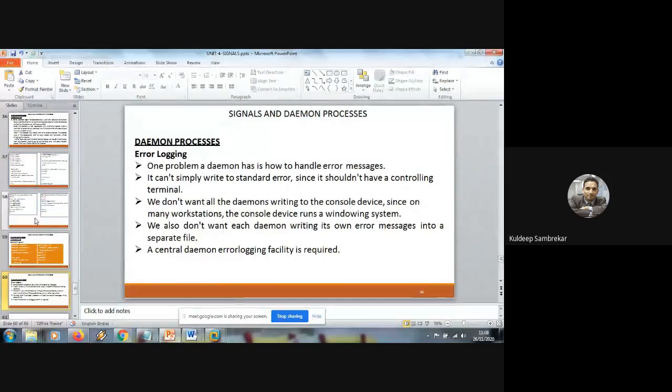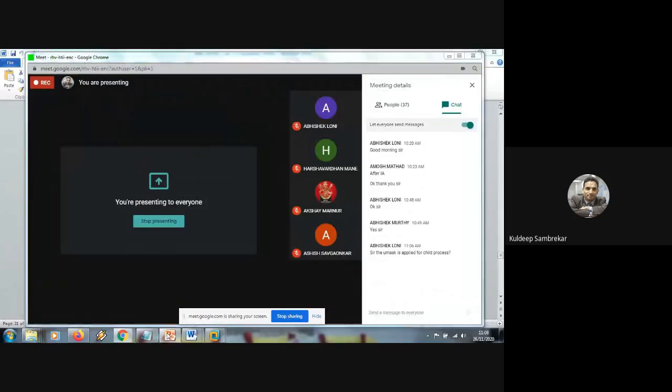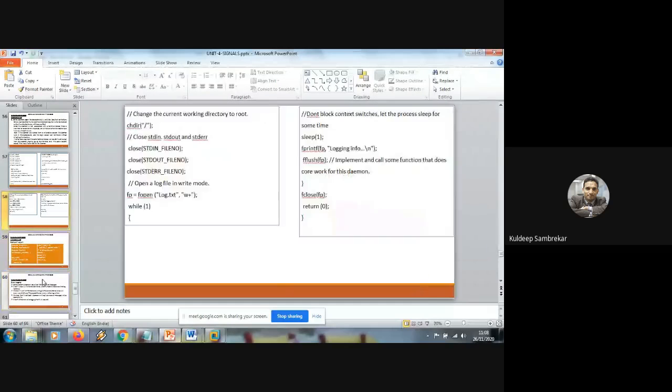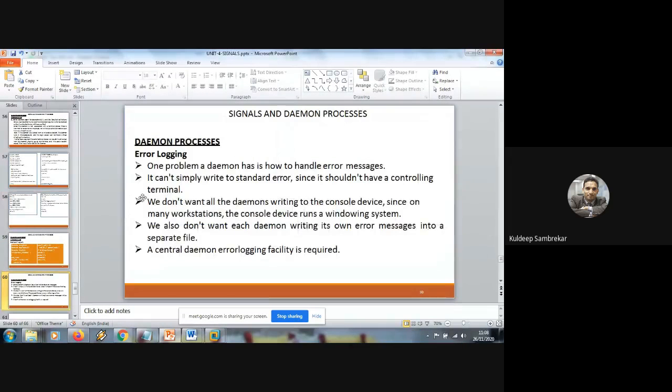Since in the code, if you can recall, we had written this. Where is it? Close standard input, close standard output, close standard error. Right? Since we did this, you can't write to standard error either, because you don't have a controlling terminal to do that, and you don't